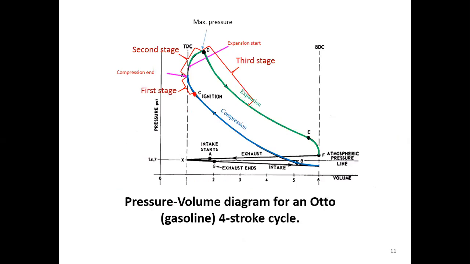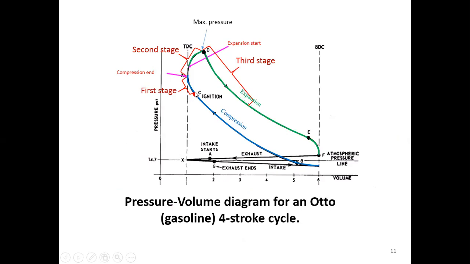Okay, so I show you another indicator diagram. This one is on the PV diagram, in which I show you all three states of the normal combustion that happens. So at point C here, the ignition starts before it goes to the top dead center. Yeah, because you see the volume here, it has not reached the top volume here.